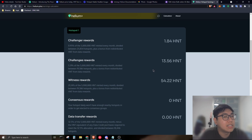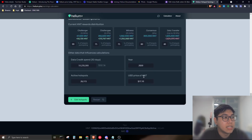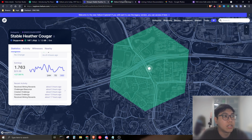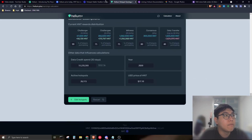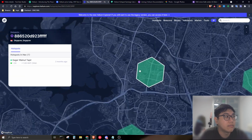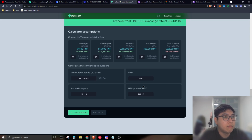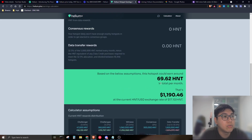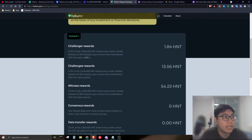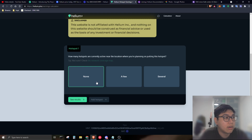From the understanding of a few on their website, a few meaning there are more than one miner, there are quite a lot of miners on the hexagon itself for them to achieve this reward. To be honest, in Singapore right now there are a few hexagons, but there are not enough miners for you to challenge and weakness and so on. So you're unable to earn the amount of money set on the calculator itself. I would say do not really trust the calculator,